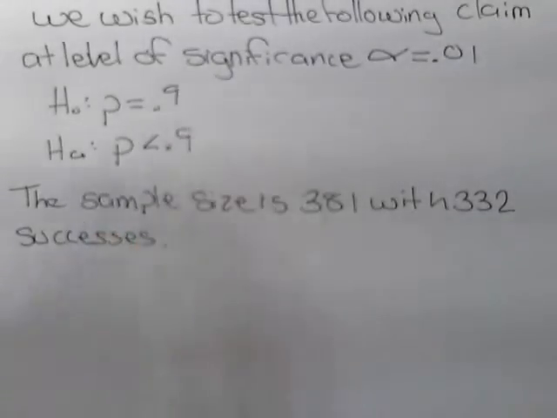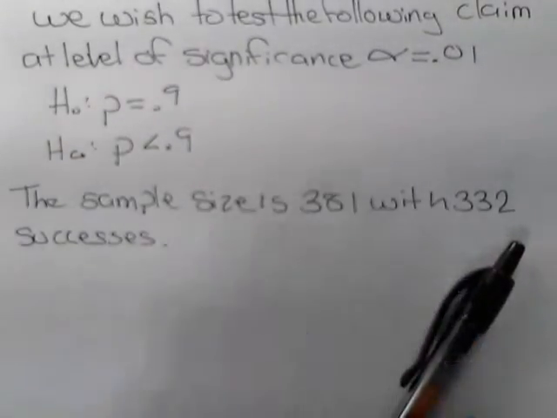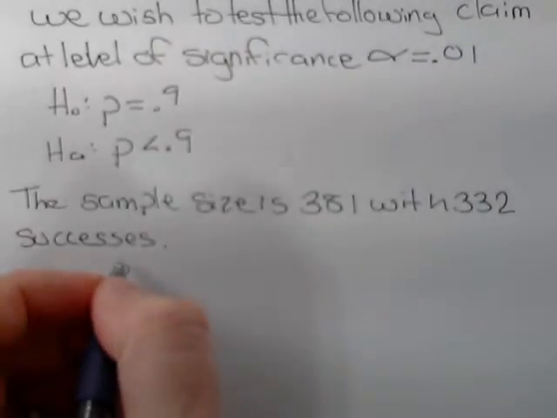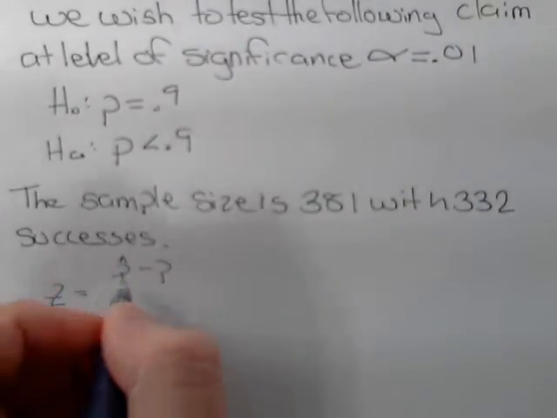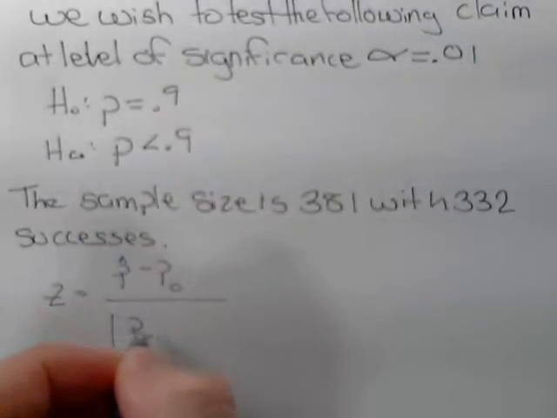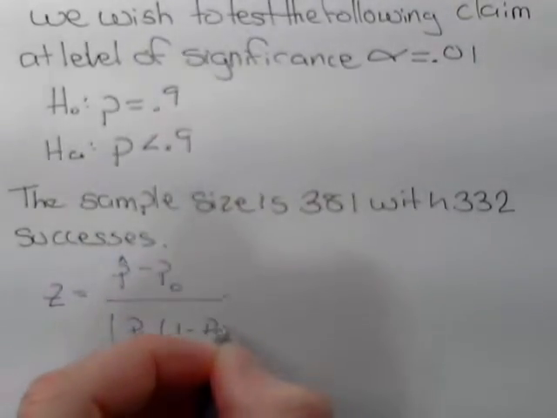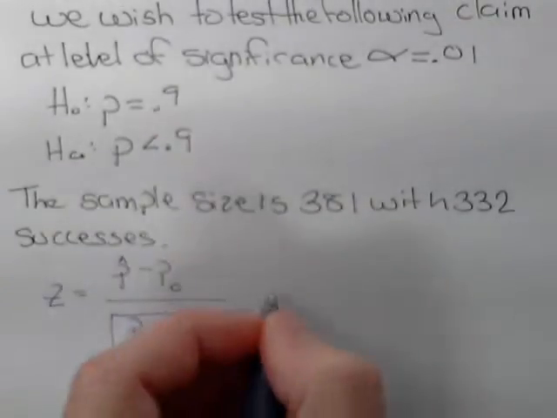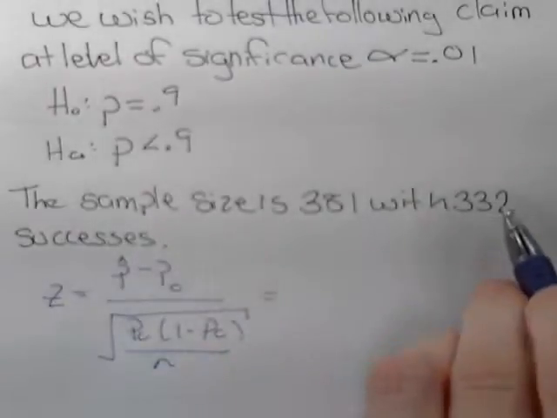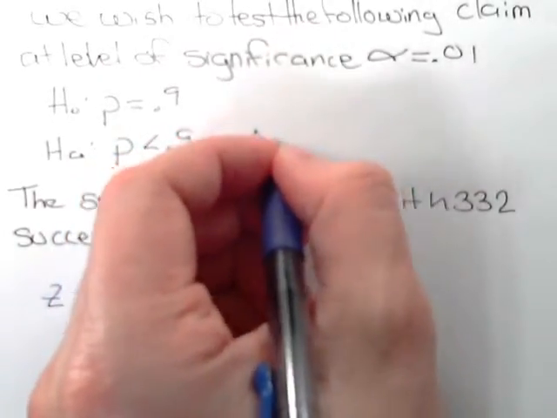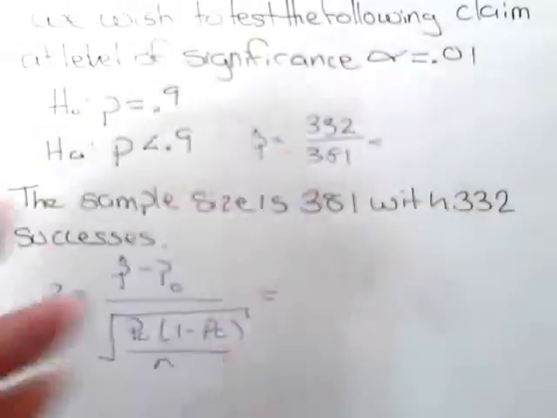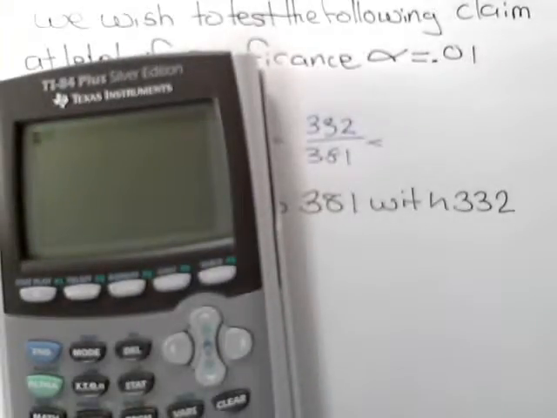We recognize that this is a one sample proportion, which has a test statistic of z equal to p hat, which is the sample proportion, minus what we're testing against, divided by the square root of p naught, 1 minus p naught, over the sample size. P hat in this situation is the number of successes divided by the sample size. So p hat is equal to 332 over 381, which rounded to 4 decimal places